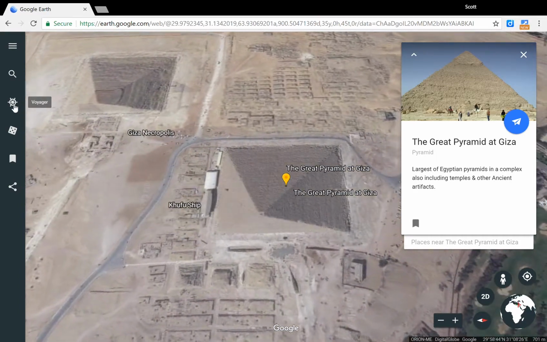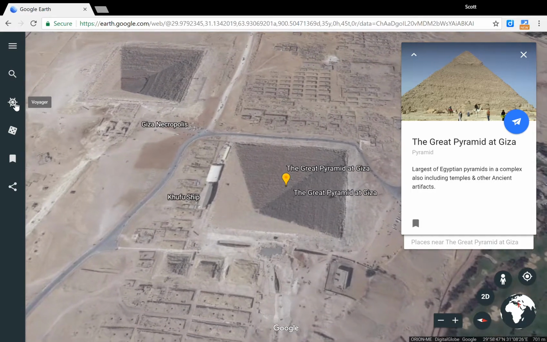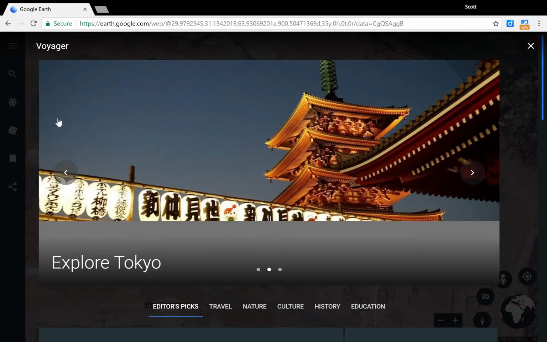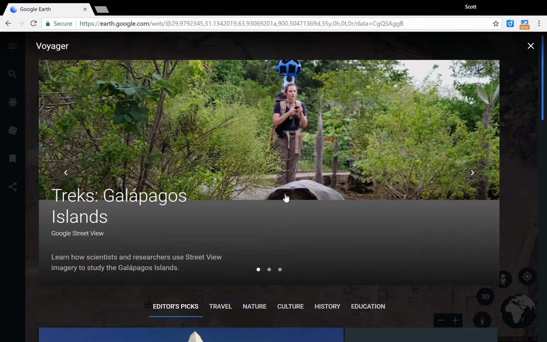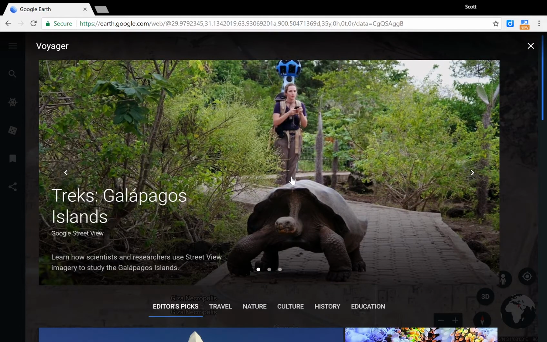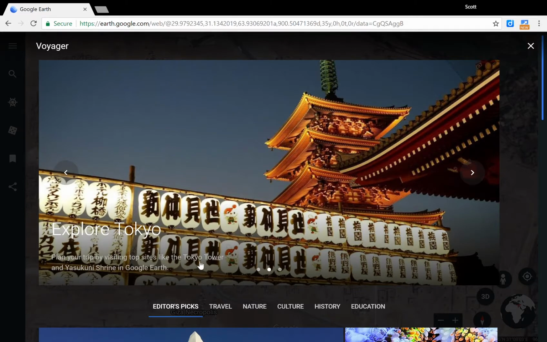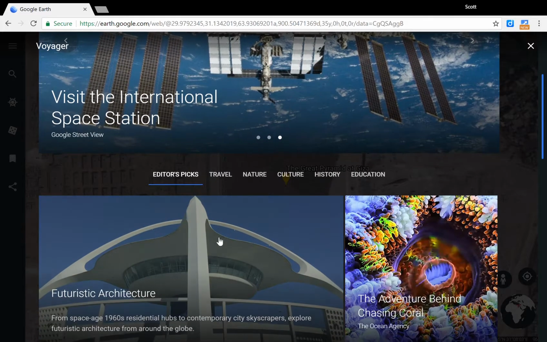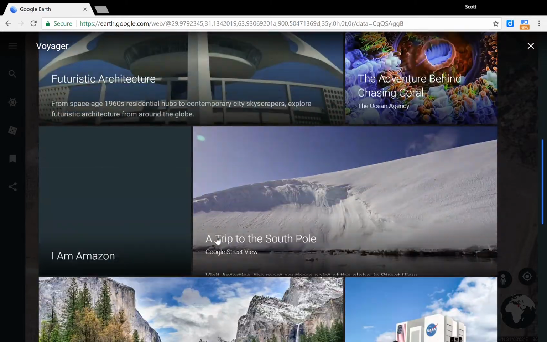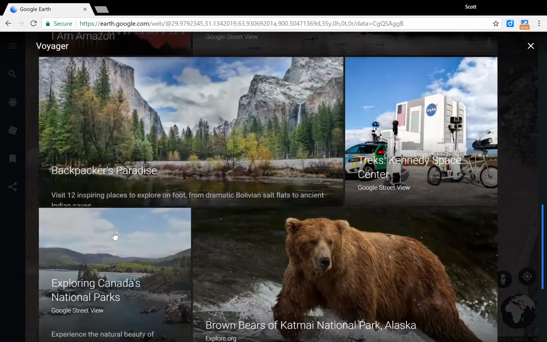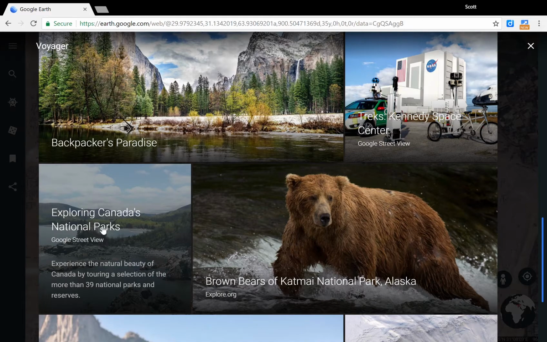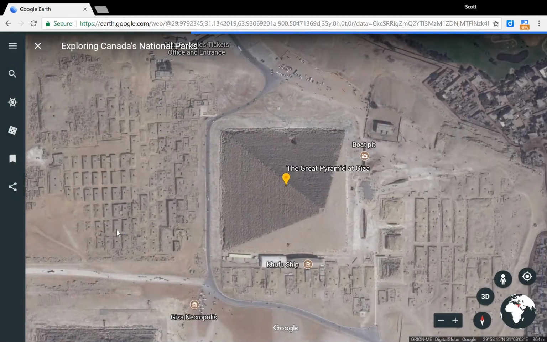The next feature I'm going to go over is Voyager. Now, Voyager is kind of new, and what it basically is, is an online digital field trip. For example, if I want to trek the Galapagos Islands, let's see here. We'll explore Canada's national parks. So I'll click on this,